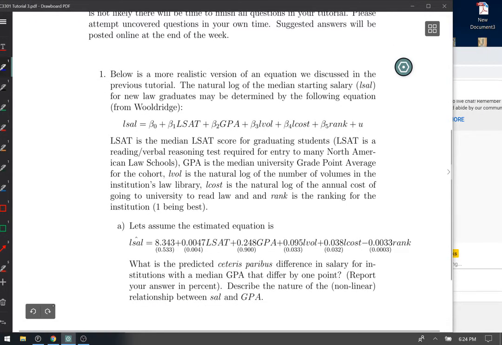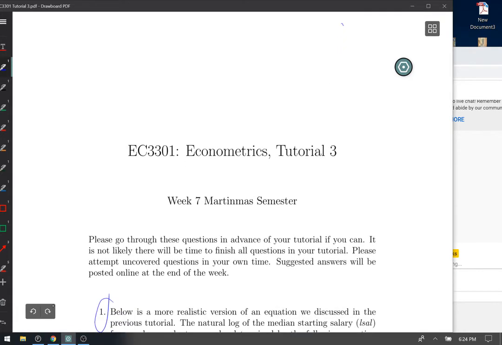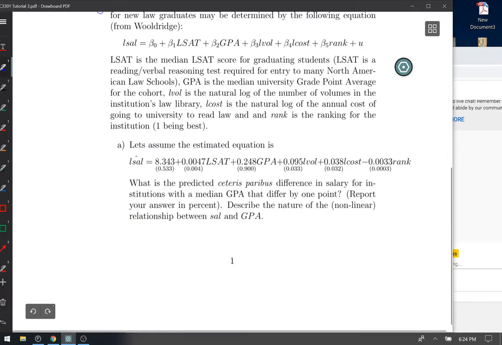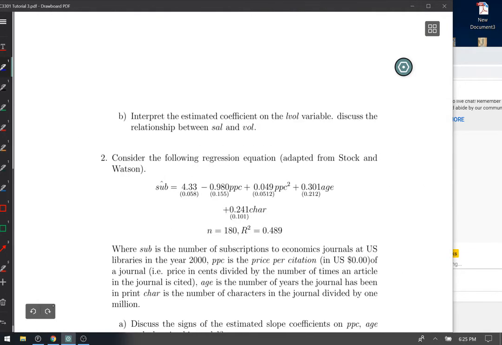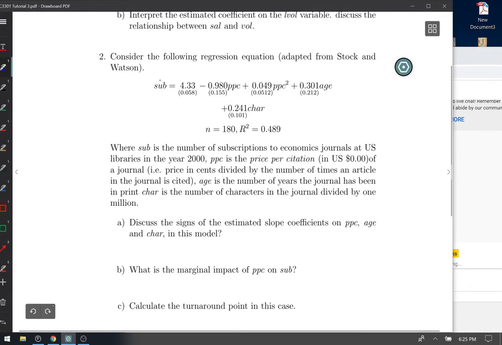So with question 1, again, let's go back to tutorial 3. Question 1, we covered a lot in the second tutorial, so we covered most of that. So question 2 then, we can quickly breeze through some of the earlier bits just to reacquaint ourselves with the problem, but we did cover most of this. But there's a few bits at the end that we didn't have time to finish,